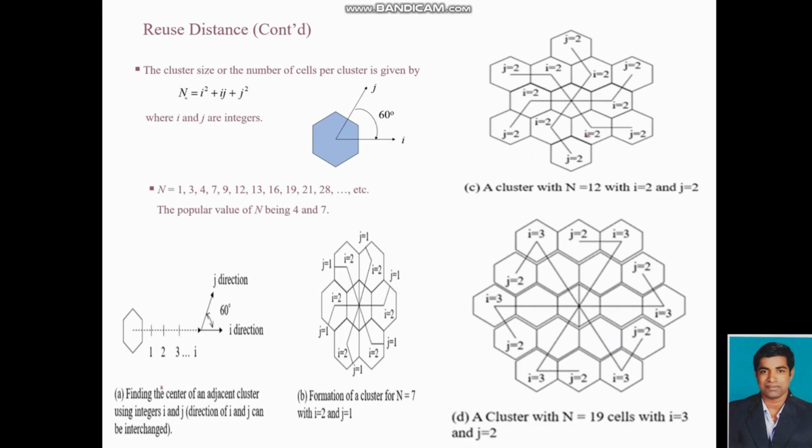Reuse distance, here in this slide we can get the number of cells per cluster from the various arrangements of the cluster formation. Here n is equal to i square plus ij plus j square, where i is the distance from the center cell area to the adjacent cell area's base station, and j is the distance between